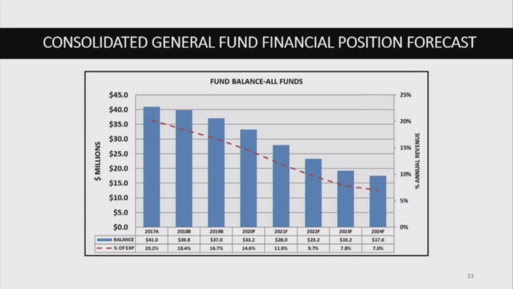You always have to keep in mind that every forecast is wrong about 5 minutes after you present it. But for the most part, the whole point is to try and plan ahead. We want to keep our fund balance at roughly that 40 million level, or at least within the 16.7% level. See, there's the 16.7 level right there in 2019. We'd like to keep our fund balance right where that 2019 number is, but unfortunately, we're projecting it's going to be diving down.